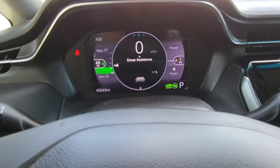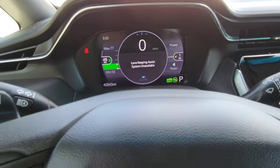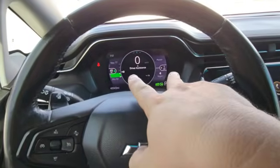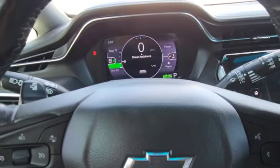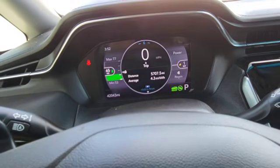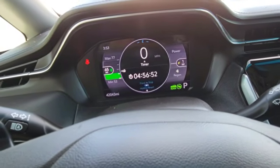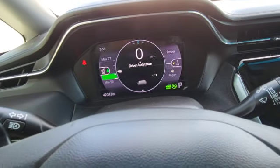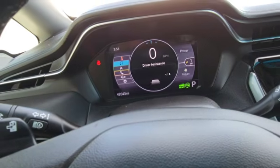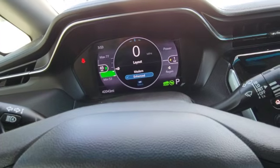So right now I'm in the information menu, and that's where a lot of the cool stuff hides. So driver assistance will show your lane position with lane keeping assist, which it won't show now because we're not presently driving. But when we are, you'll see 2 lines alongside of it, and the following distance from the vehicle in front. You'll see the trip meter, average speed since the start of the drive, tire pressures in real time, and a timer from the start of the drive. If you scroll down, you've got music, navigation, phone,